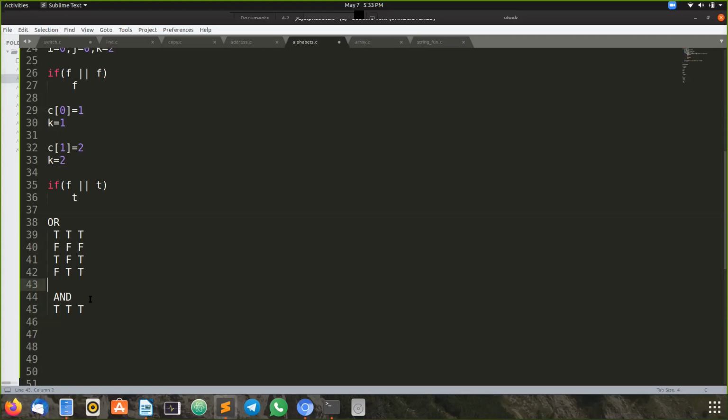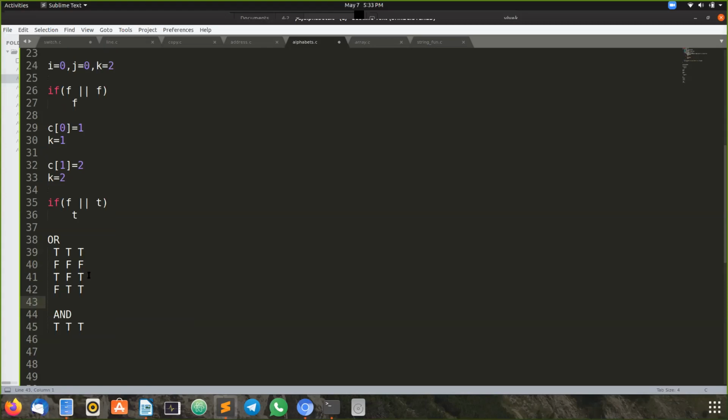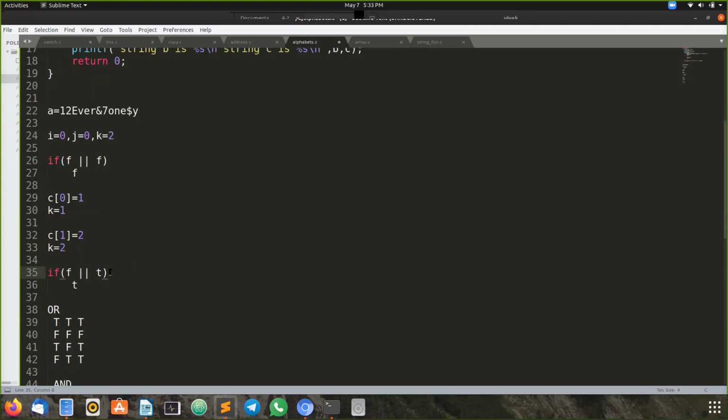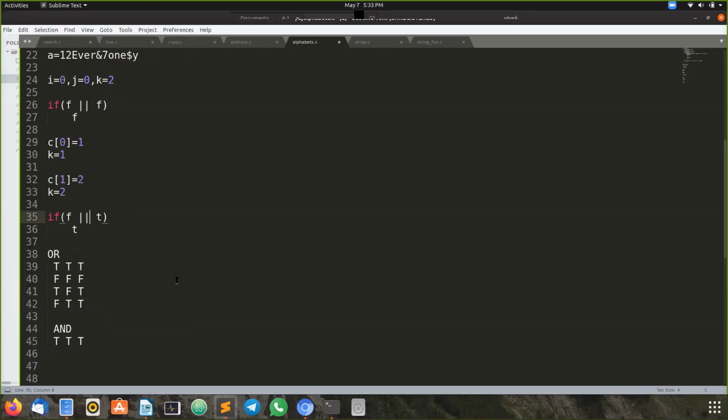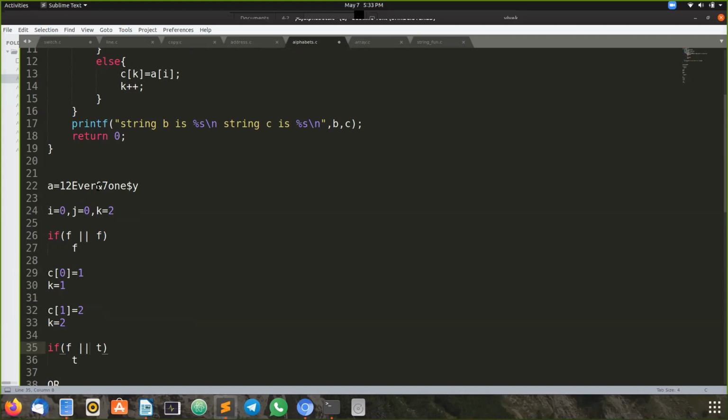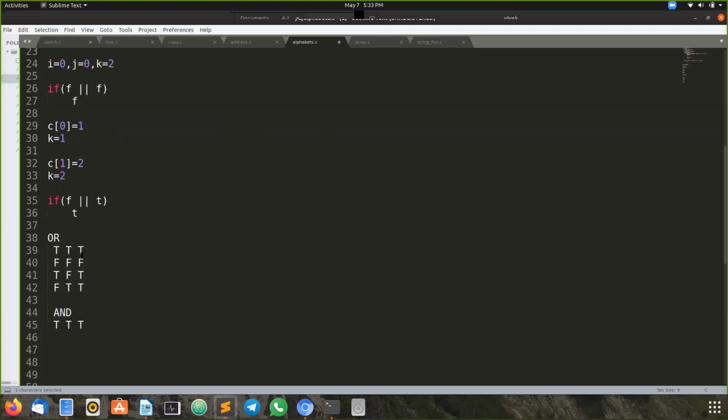So here we are using OR. Why I have used OR, I have mentioned. First I put AND, but it will not work out, because for capital E we will get true, but capital E does not lie in the small letters.